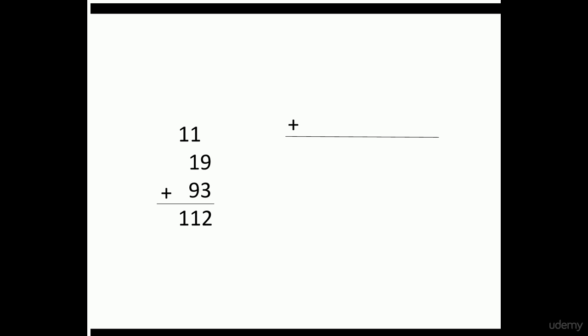The way you add this is you first look at the first column. 9 plus 3 is 12. So when you add 9 plus 3, you get 12. That means you write the 2 at the bottom and carry the 1. In the second column, you add 9 plus 1 plus the 1 that you carried before. That means you get 11. So the way you represent 11 is you write 1 at the bottom and you carry the 1 to the